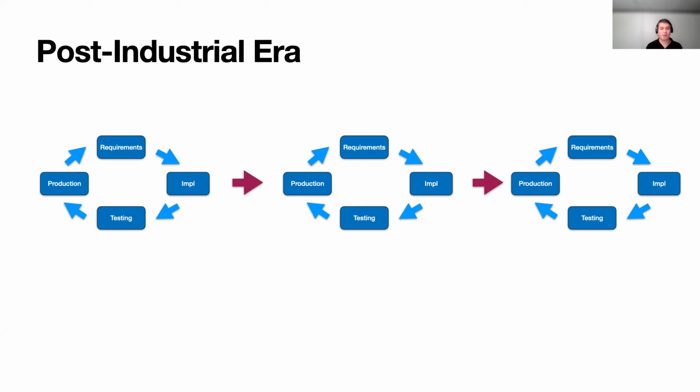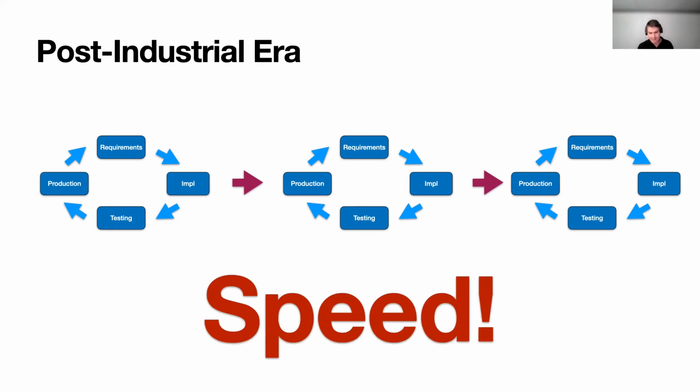If it doesn't work, you have to figure out why. And with this input, you go to the next loop. And these loops are really, really fast. In these loops, what matters here is the speed of the loops. You do this in days or weeks.